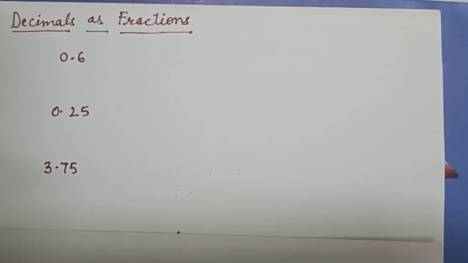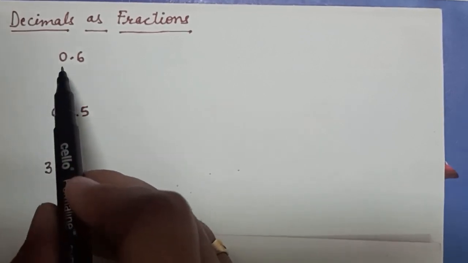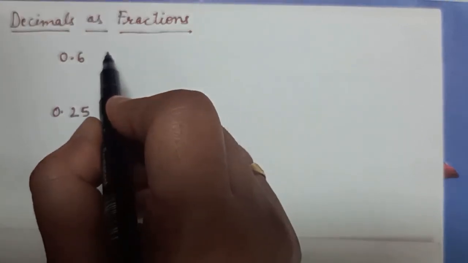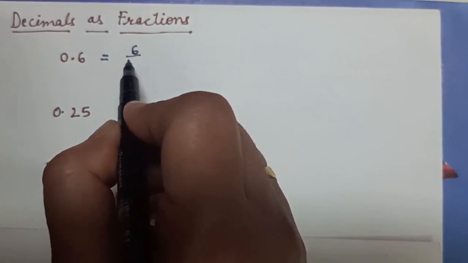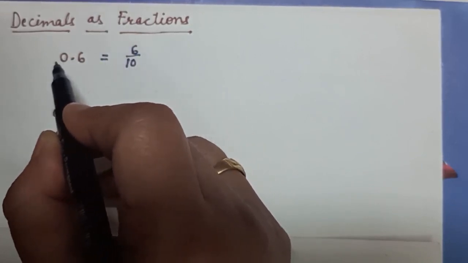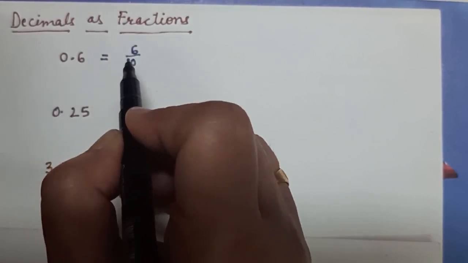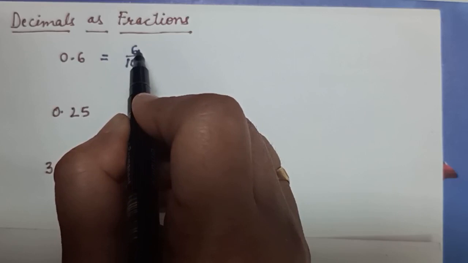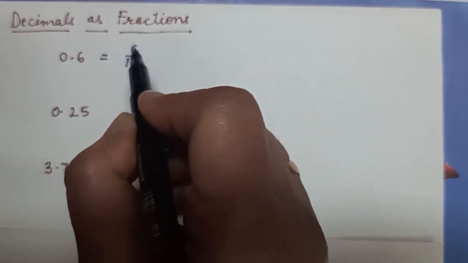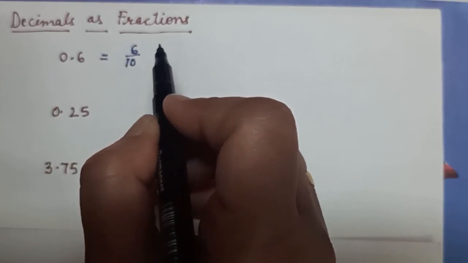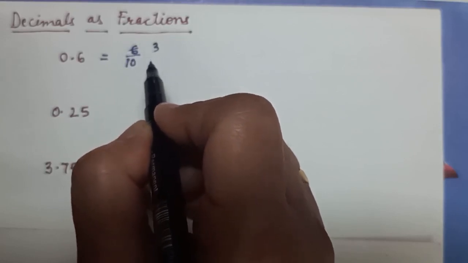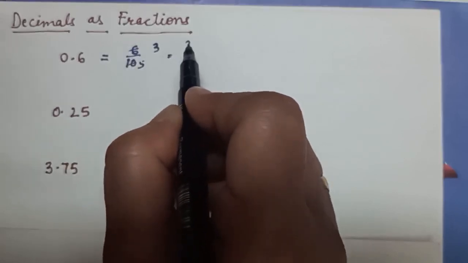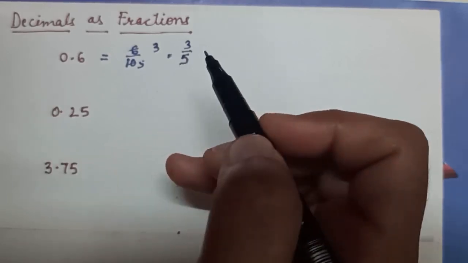Next is how to write decimal as fraction. Now let us solve them with the help of examples. If we take the first number as 0.6, when we have to write it as a fraction, I will write it as 6 upon 10, because before the decimal 0 does not have any value, so we will directly come to 6 upon 10. Then we reduce it to lowest. We know both the numbers are even, so both are divisible by 2. So when we reduce them to lowest, it is 2 3s and 2 5s. So your fraction will be 3 on 5.